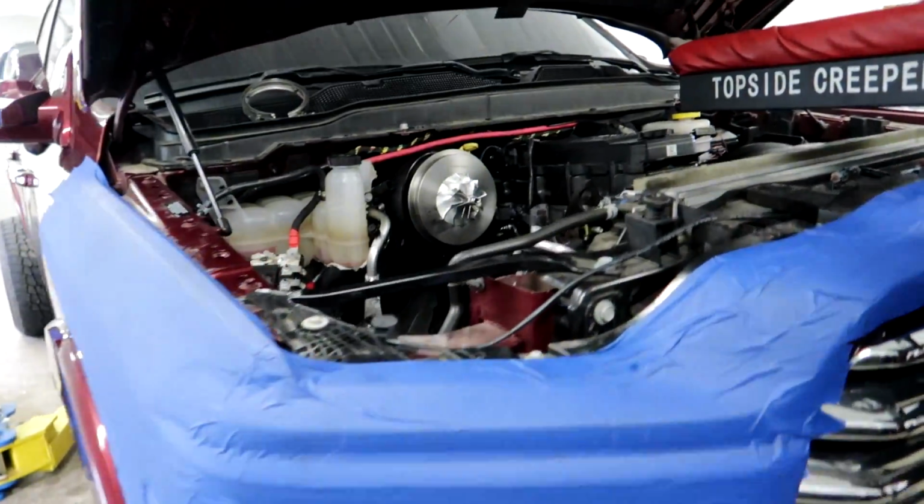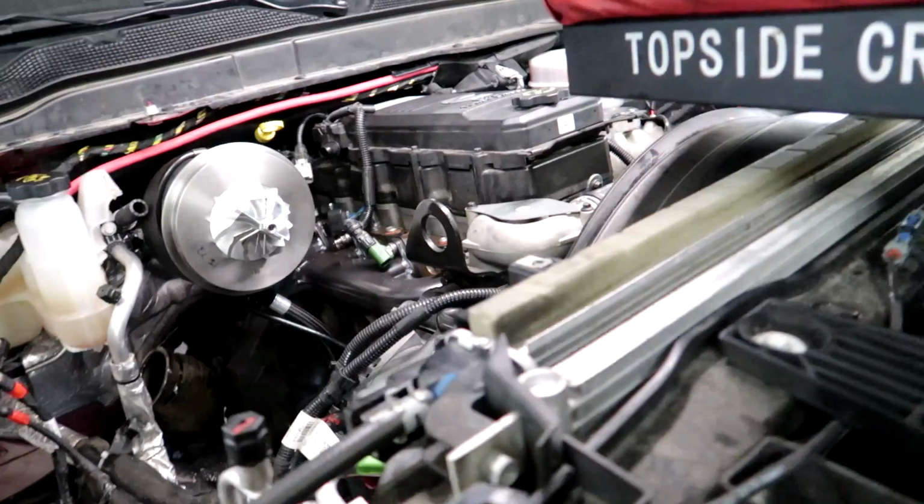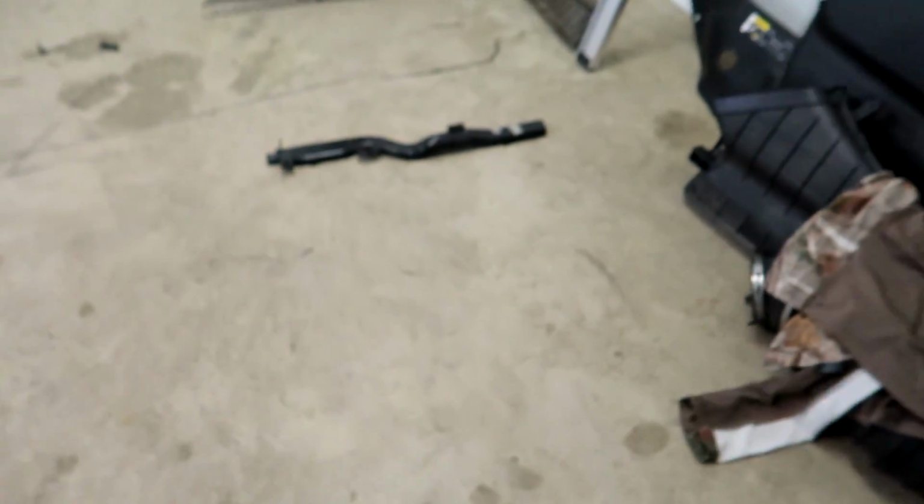All right, boys, I'll give you a quick update before I go in for the day. Wow, it has been a freaking day. There's a lot of stuff on these 5th gens that requires modification to do these second gen swaps. I ran and got those parts earlier, got back, and got the exhaust manifold bolted to it, and then I quickly realized that there's plastic right here that runs alongside the firewall,